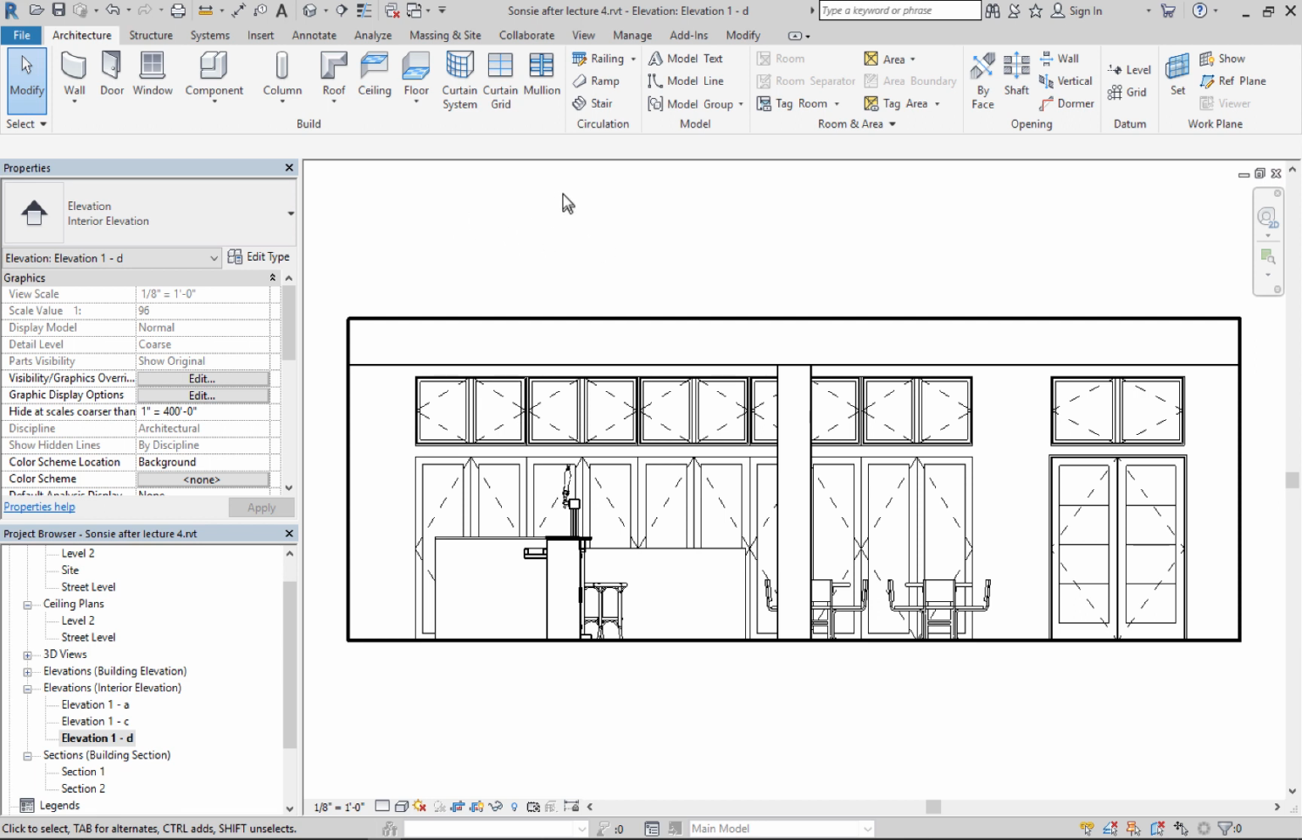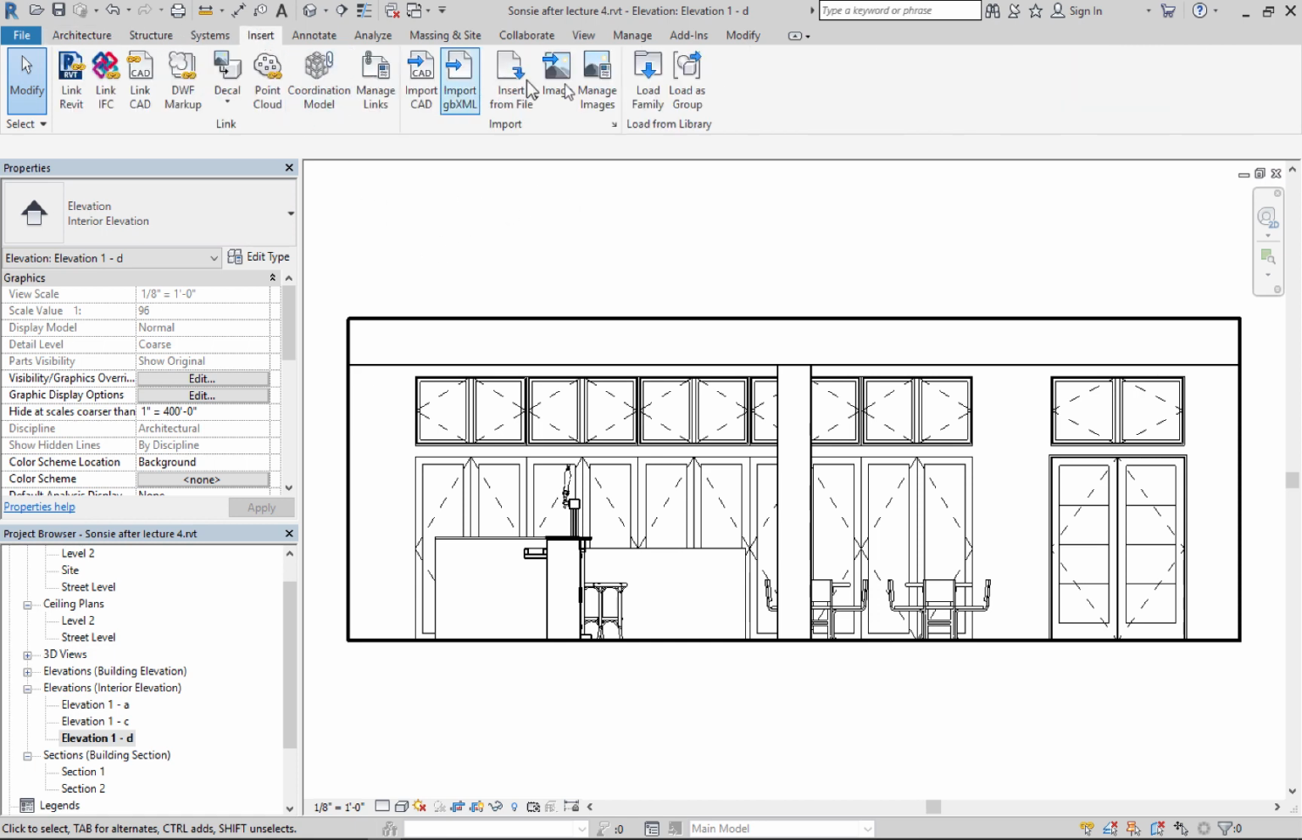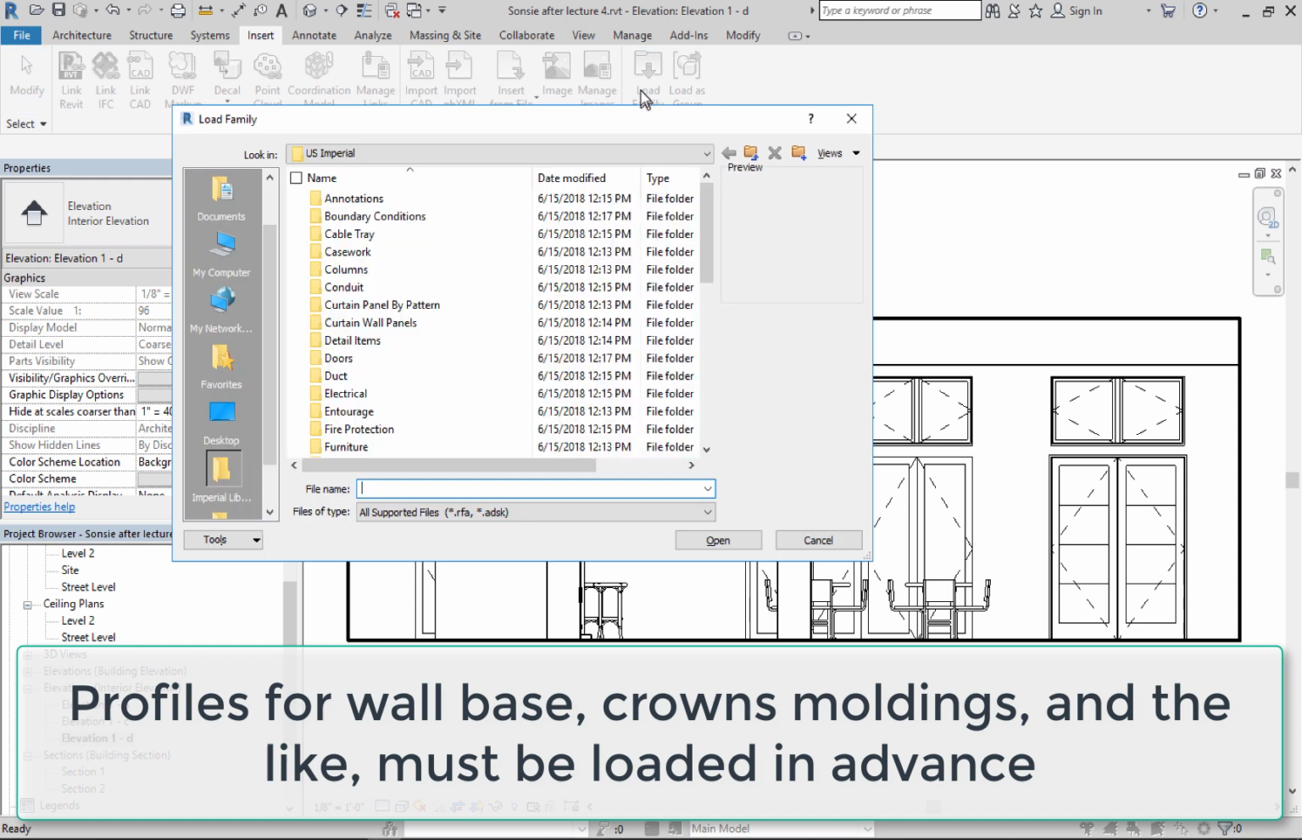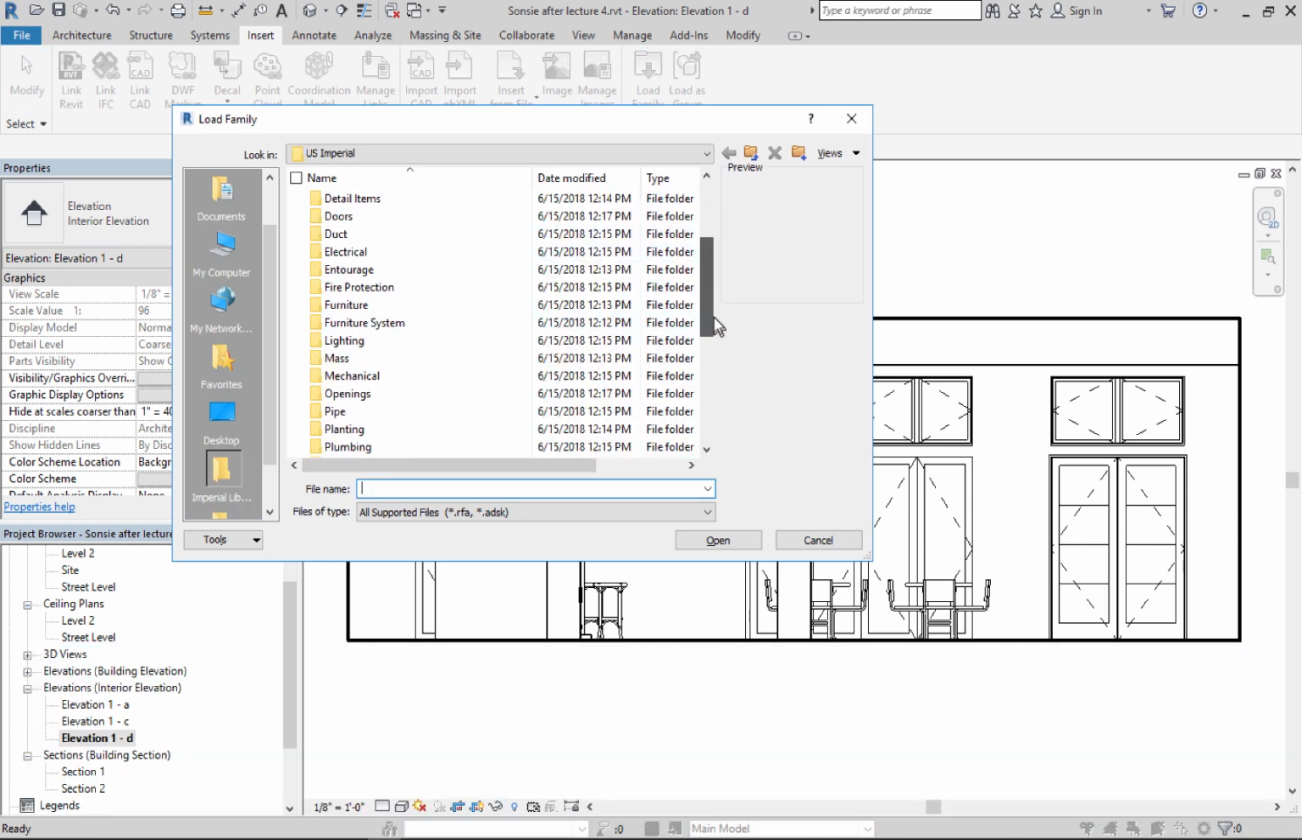You can't load them in the same way that you load in components. You have to go to the Insert menu first and choose Load Family. So you don't do it in the middle of the tool; you have to do it in advance. And they're what are called profiles. Profiles are how Revit defines